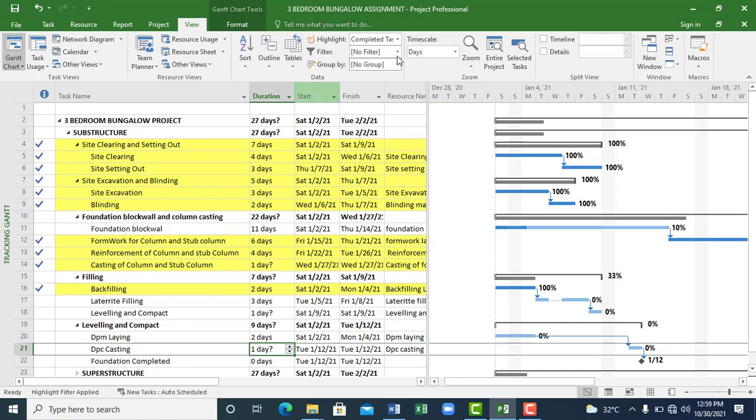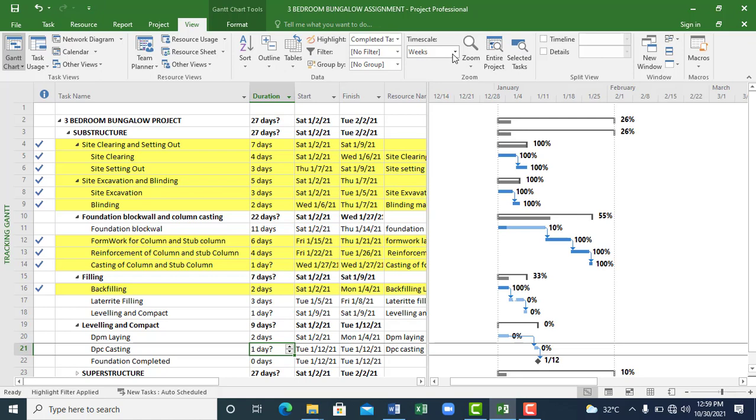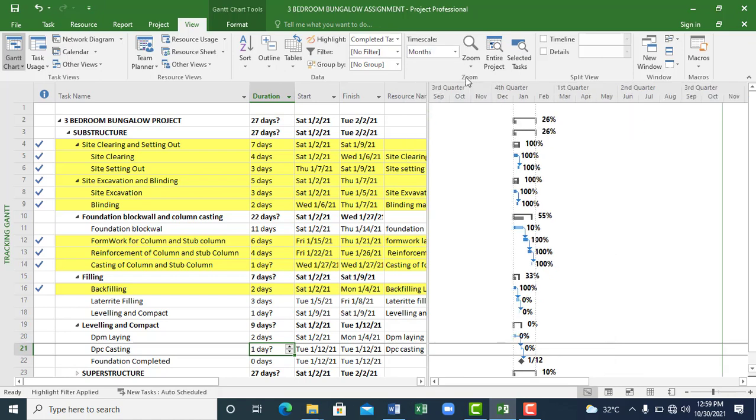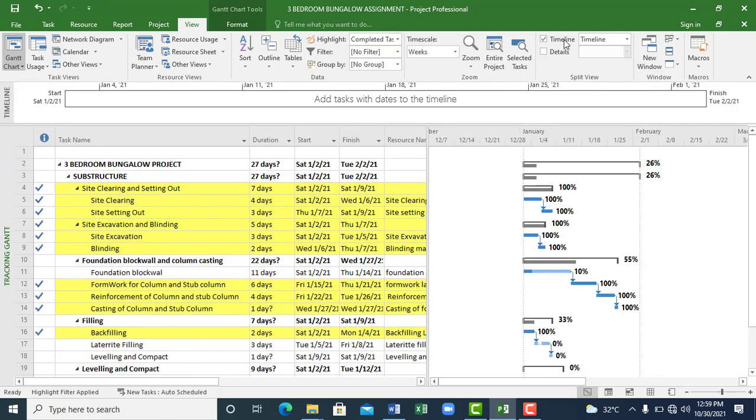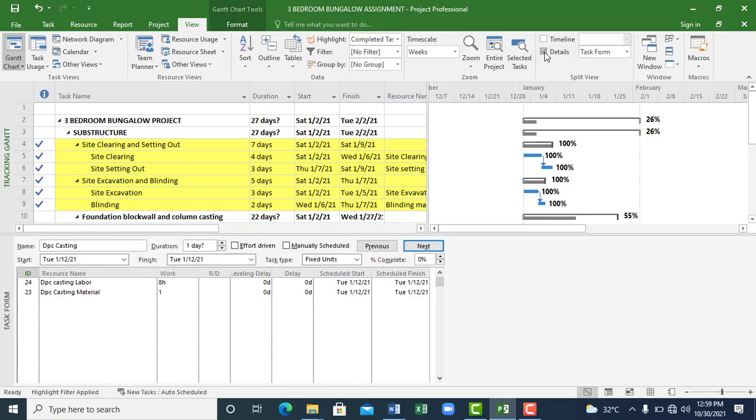You can group your time scale. You can change it. Do you want to see it in weeks? You want to see it in months? All right. At a glance, at a view, you can do that. You can zoom in. You can zoom out. You can zoom the entire project. If you want to see your timeline up here, you can review it. If you want to see your detail down here, you can view it. If you don't want it,